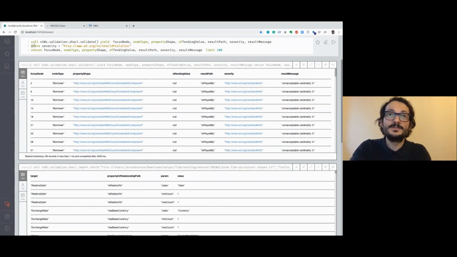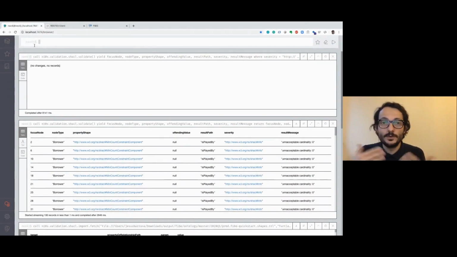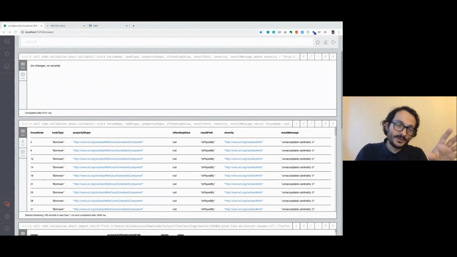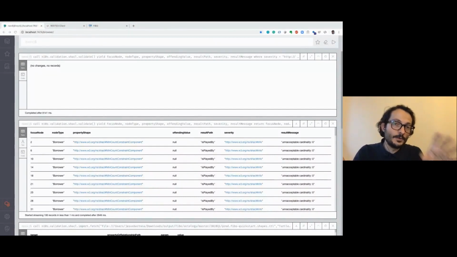If I run it and I focus only on violations, hopefully we should see that there's no violation of the FIBO constraints in my data set, right? Perfect. So no results, no violations. But now I'm going to force some of them. One of the things that are defined in the FIBO ontology is that there are some disjoint categories, which essentially means that if you're in one category, you cannot be a member of the other category. And that applies, for example, to loan and credit accounts. So if an account is a loan account, then it cannot be a credit account,